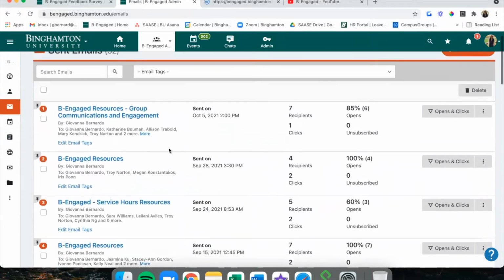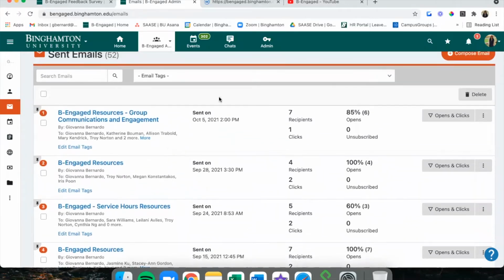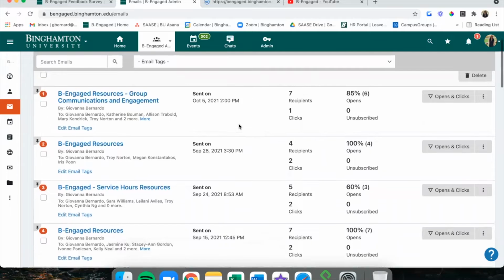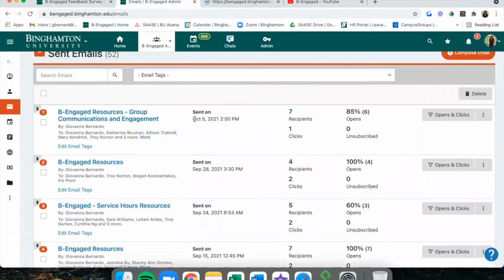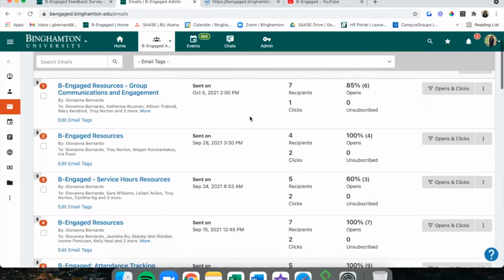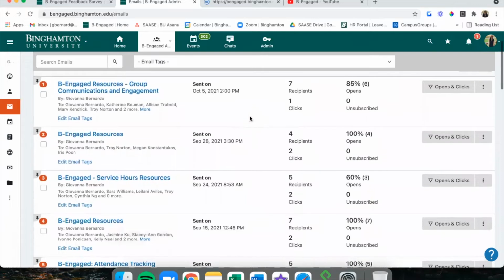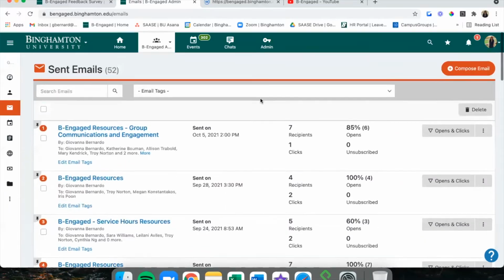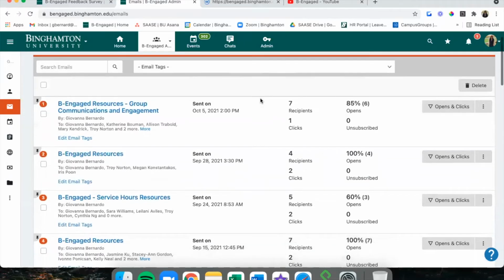You can see at a glance after an email is sent, you have some basic information here under this email section, providing the date and time the email was sent on, the recipients, the number of recipients, as well as the percentage of opens, any unsubscribes, and any clicks. This is just a high-level overview of the stats, which you can get an even further and more granular breakdown of if you click this Opens and Clicks button.